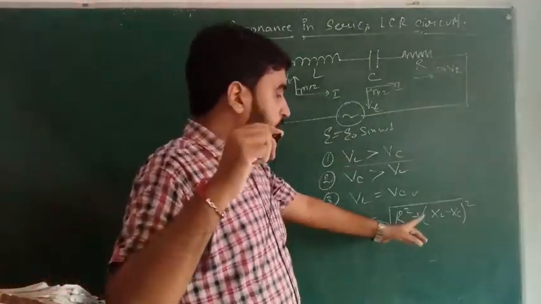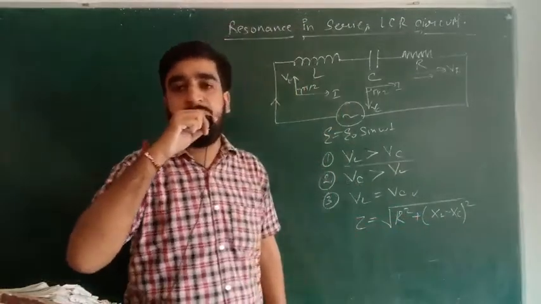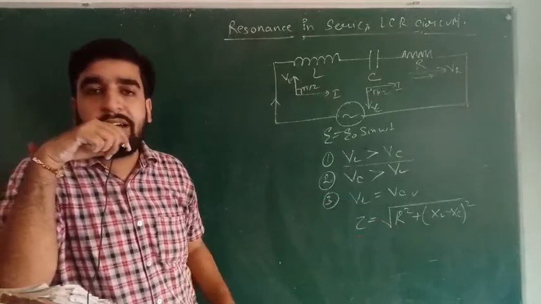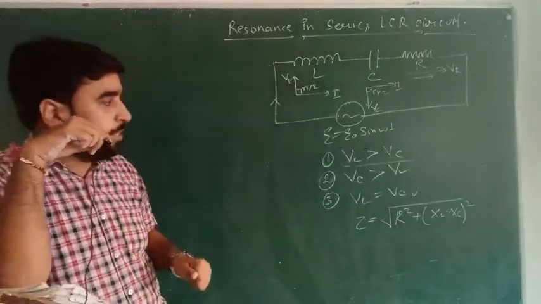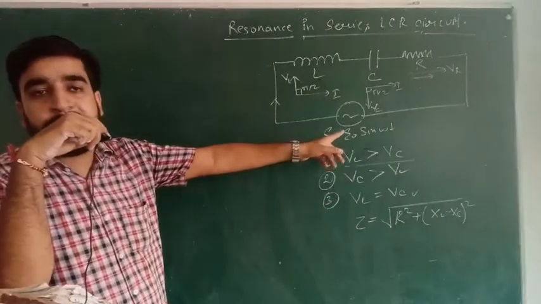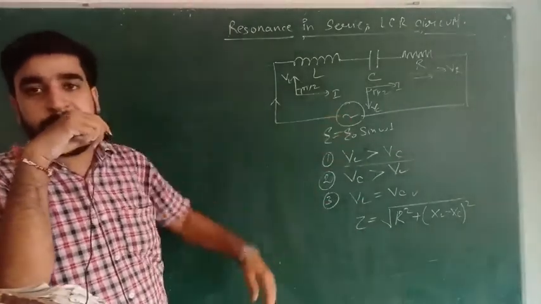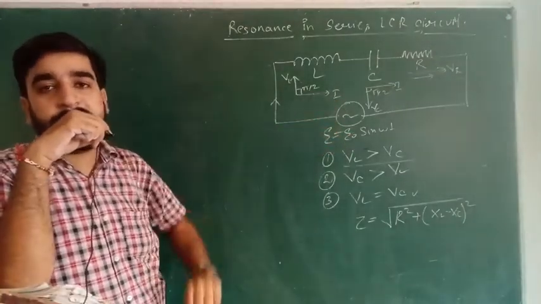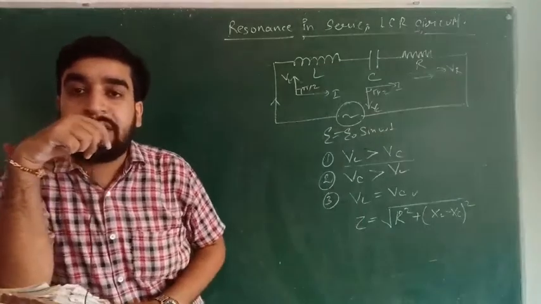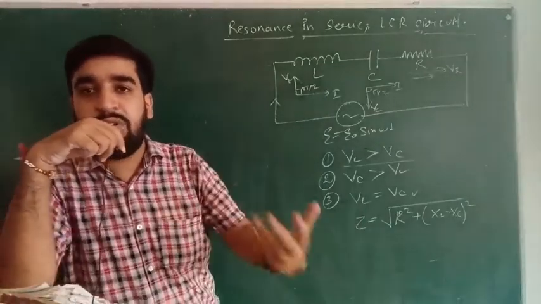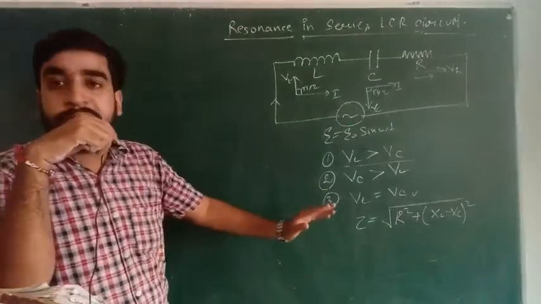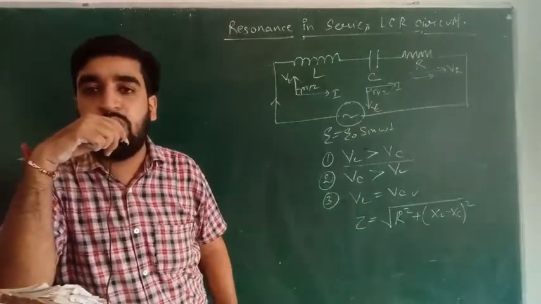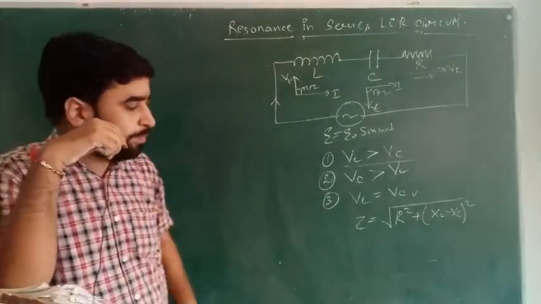Now, remember that XL and XC are functions of frequency. They are going to vary according to the frequency. Here we are applying an alternating current supply, so we are just varying the frequency, and at a certain instant, we find that there is a condition of resonance. So what will be the condition of resonance? This is what we want to know: in which condition the resonance will occur, and what the significance is by which we will come to know that there is a condition of resonance.